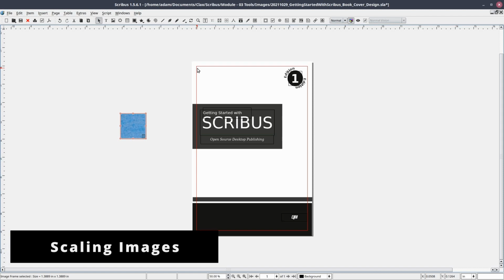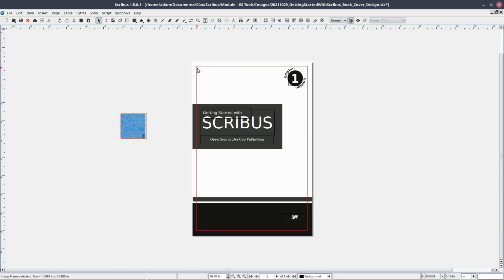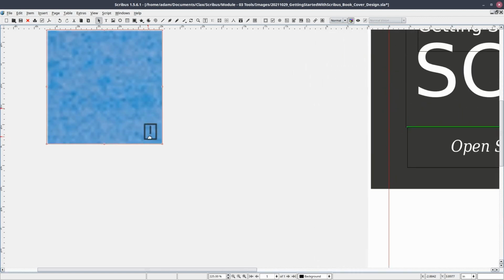Scaling. Now let's talk about scaling. If you've been following along, you may have noticed that you don't see any images at all. Instead, you probably see a warning indicator in the bottom corner of your image frame. Don't worry, this is not uncommon. It's actually the result of the image dimensions exceeding the dimensions of your image frame. You can think of the warning indicator as saying, hey, there's an image in this frame, but you probably can't see all of it. In order to fix this issue, we'll have to scale our image.